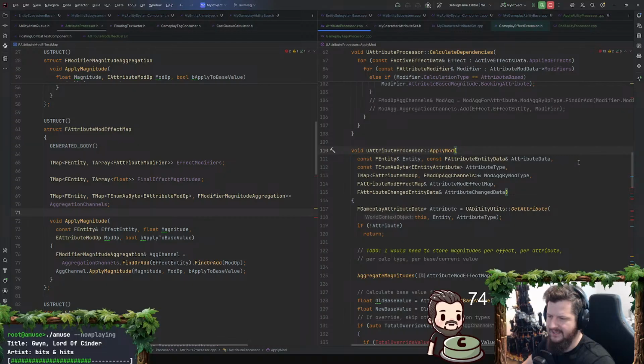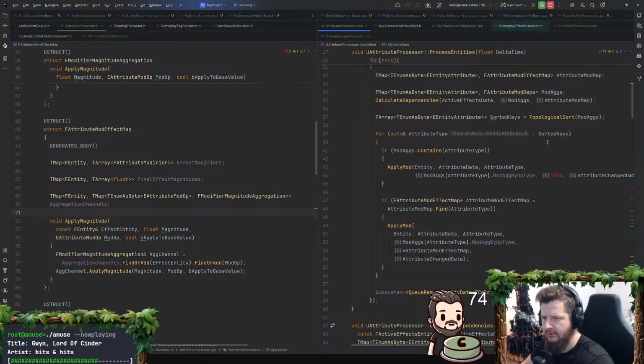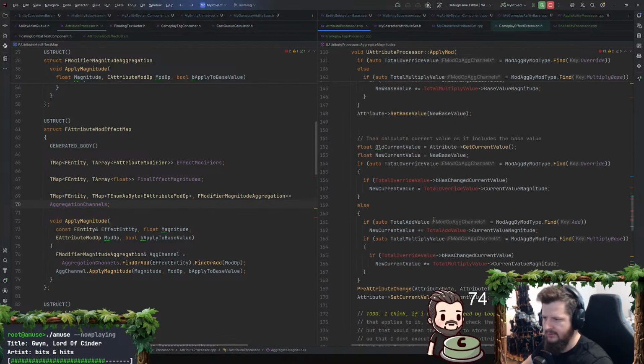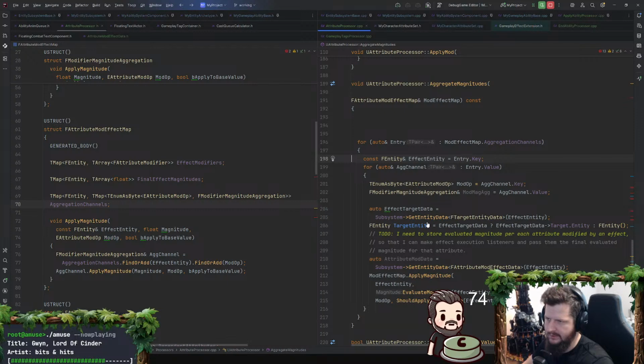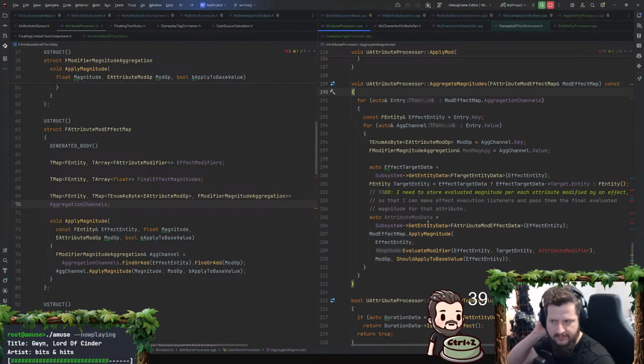Oh, we are iterating over the attribute type. I mean, we should already have the effect entities in here, otherwise I'm going to be iterating over more than I need to. Undo that thought process. Ignore the last 5 minutes of what I said.